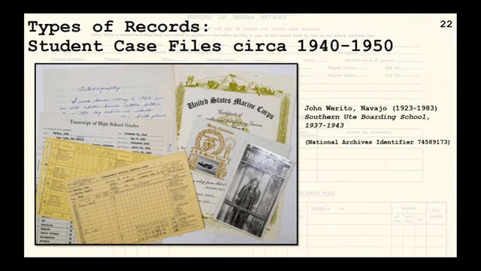As we saw to a limited extent in Francis's early file from Carlisle, we now start to see extensive documentation of post-school life, actual questionnaires that are mailed to students after graduation to inquire as to what they've done. So with John's case, it was most likely due to his closeness to the principal, as evidenced in the personal postcards he sent here as he trained to become a Marine code talker. Side note, Warito did go on to serve with distinction in the Pacific, earning the Bronze Star and Purple Heart in his 3 battles. But we also start to see records that are more personal, writings or artwork from the students themselves, as well as more detailed transcripts.